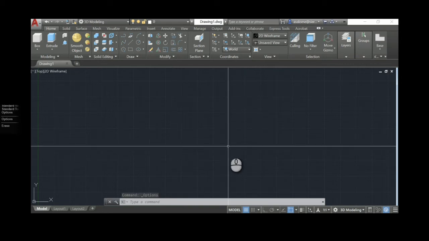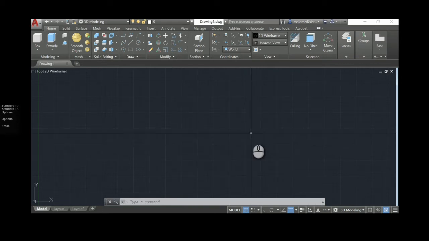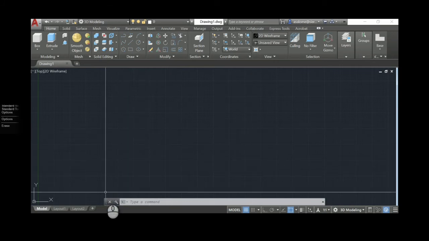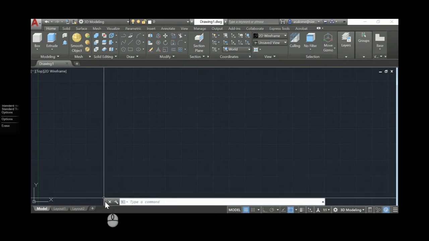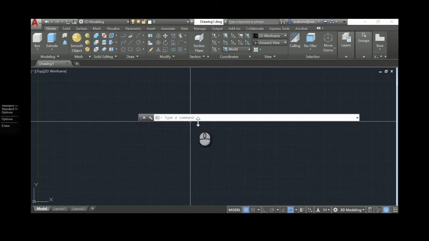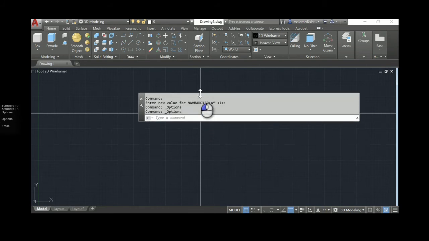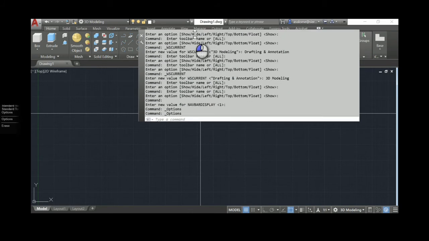Okay, so there's a few things for you. Now, a couple of things about your command line. AutoCAD in the last couple of versions has been shipping with the command line kind of floating in outer space here with a bunch of weirdnesses going on. So if I grab that, you can make your command line go wherever you want. You also can use the stretcher to make it show as much as you want.